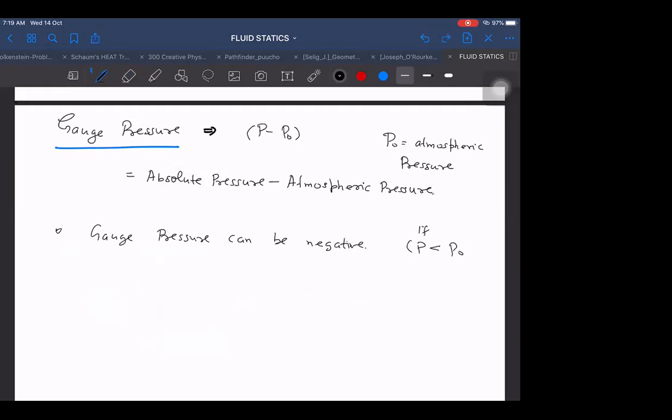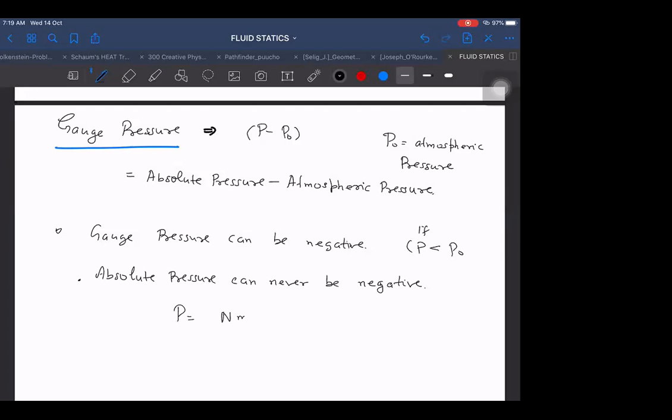But absolute pressure can never be negative. If you are not understanding why it cannot be negative, remember we derived the formula